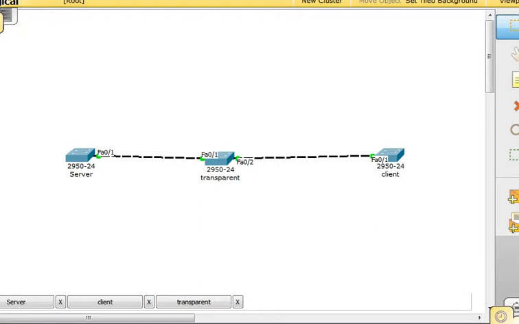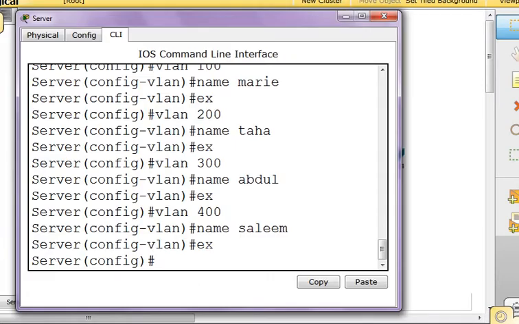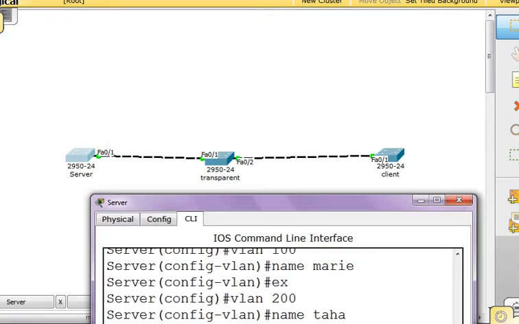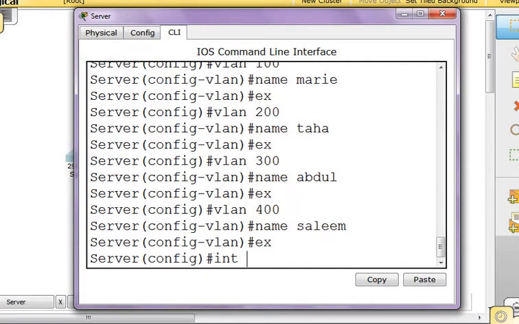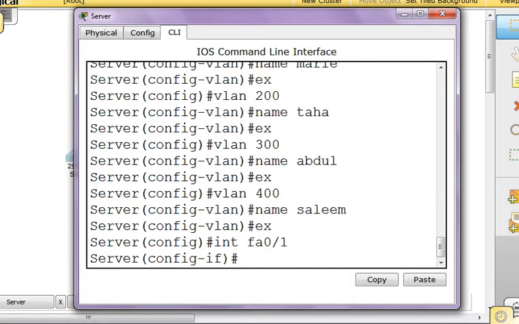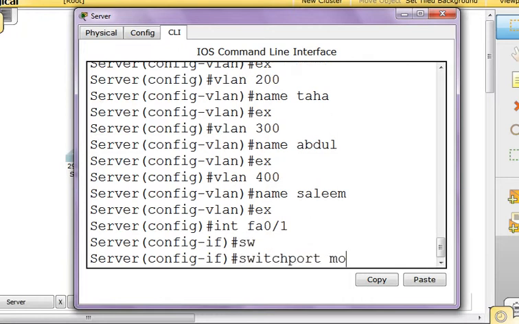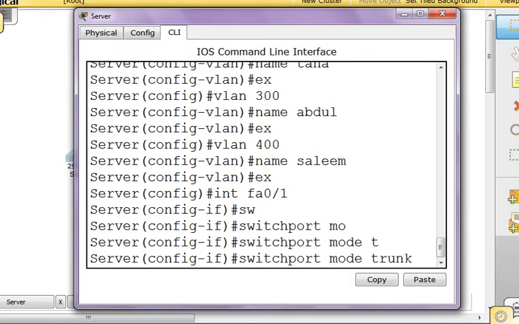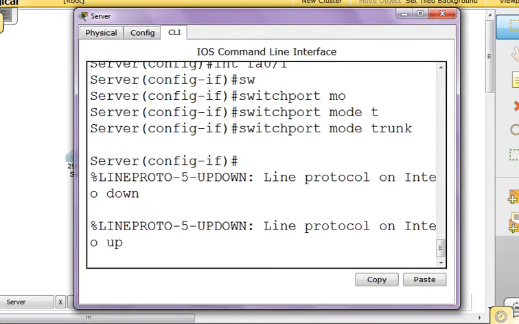Okay, now I have created this. Still it will not transfer. Why do you think it will not transfer to the other switch? Just realize we have not made this interface a trunk. What does a trunk do? It just forwards the information. Interface FastEthernet 0/1, then we put switchport mode trunk. That's it. It changed to trunk.